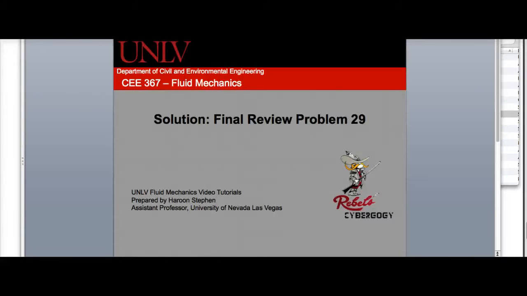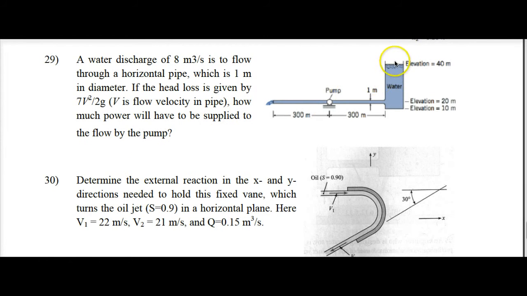This tutorial provides the solution to problem number 29 in the final review. In this problem, we are given a tank with a pipe attached to the tank at 20 meters below the surface, and there's a pump along that pipe. What's given to us is that there is a flow of 8 cubic meters per second through this pipe, and of course this discharge is coming from both the elevation and the pump adding pressure to